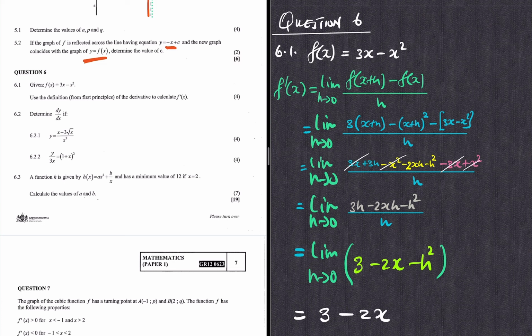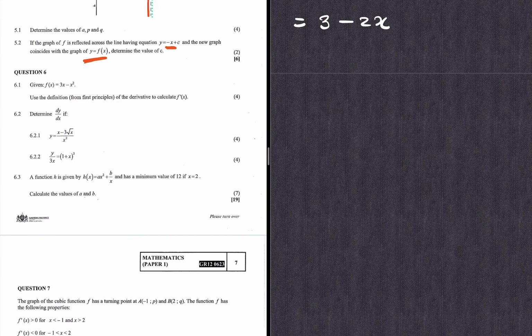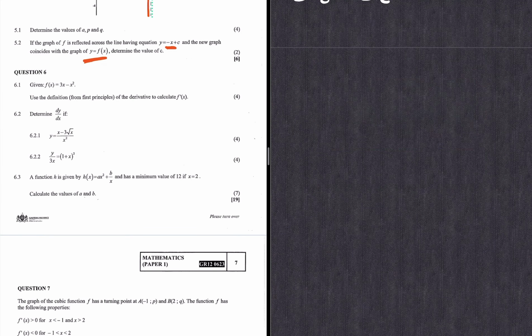I humbly apologize for forgetting the limit here. It's not allowed. Okay, I hope I'm forgiven. Let's check